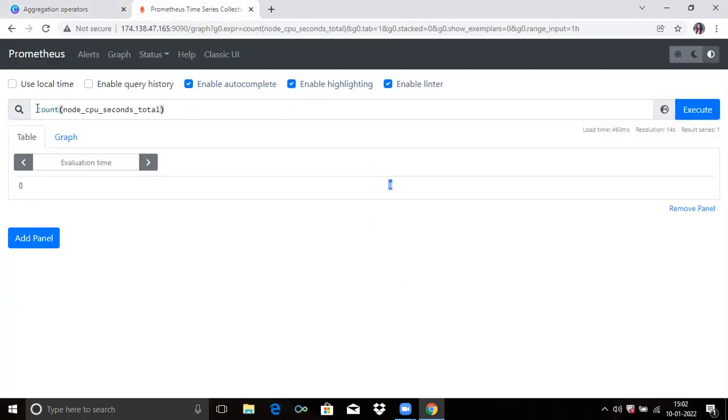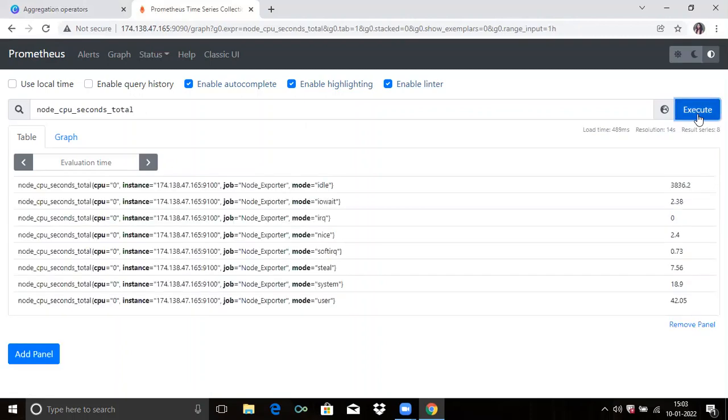Now let's understand the topk aggregation operator, that means the largest k elements by sample value. Here firstly run the node_cpu_seconds_total expression. Then we are going to run the topk operator. It gives the sum of seconds that the CPU spends.